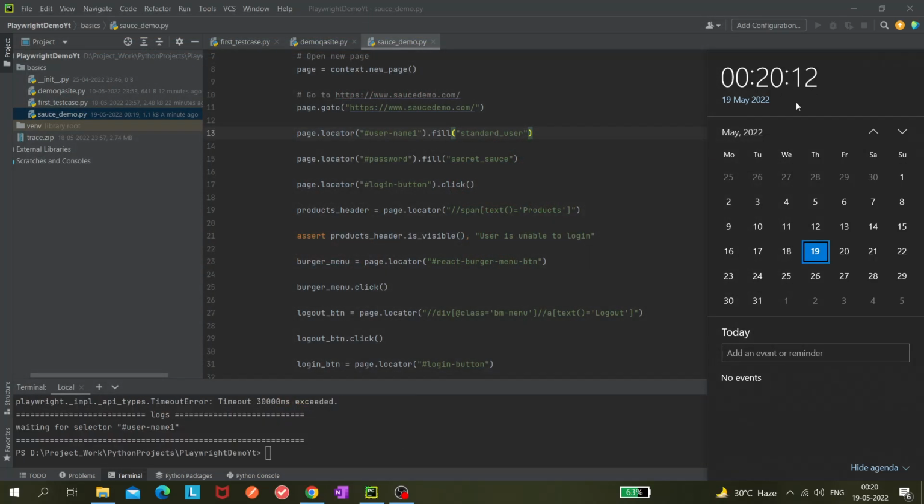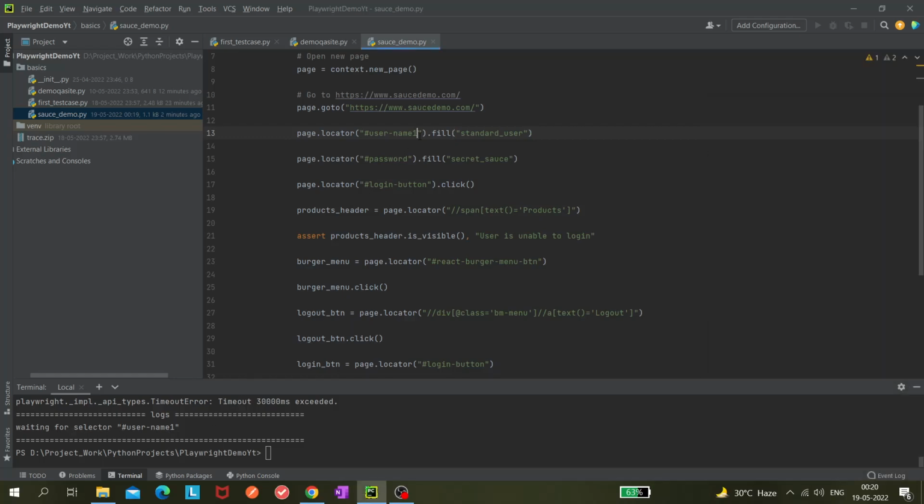Yep. So you can see the default timeout is 30 seconds. So it waited for 30 seconds, and it is saying waiting for this selector, but it is not correct, right? I do not want to wait this long for this particular element, so we can make a change here: timeout is 5,000 millisecond.